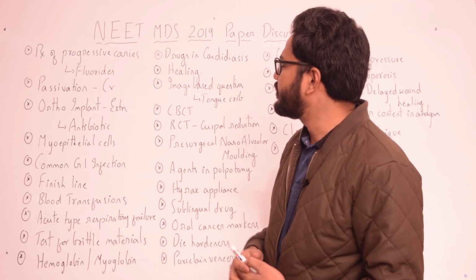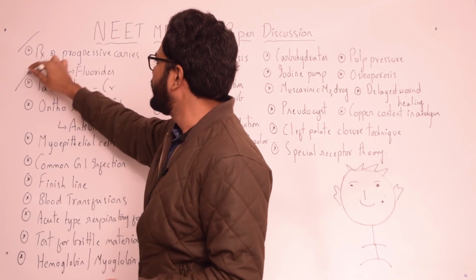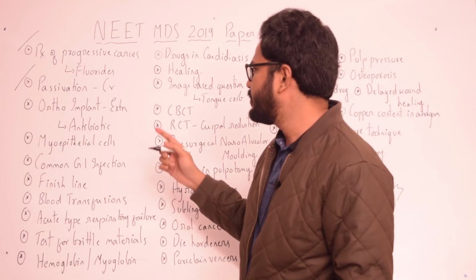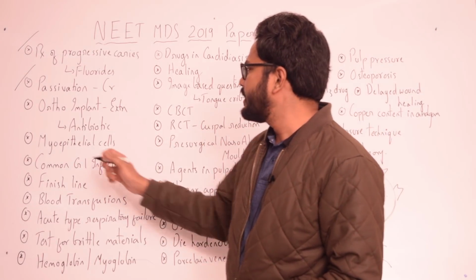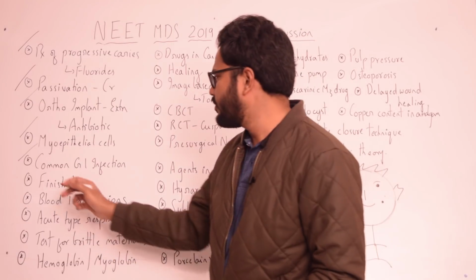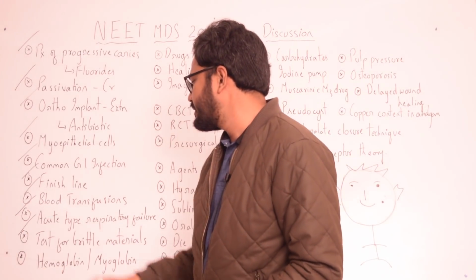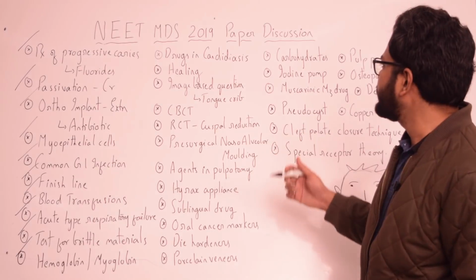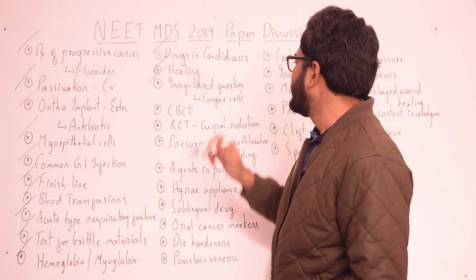The remaining topics, apart from those which we discussed so far: treatment of progressive caries, types of fluorides, passivation, which metal is used for passivation, and antibiotic prophylaxis. If the patient has an orthodontic implant and you're planning for extraction, which antibiotic would you prefer? Myoepithelial cells, location of myoepithelial cells, common gastrointestinal infection, finish line. We have questions on finish line, blood transfusions, acute type respiratory failure, test for brittle materials, various properties in dental materials. Also questions on hemoglobin, myoglobin, drugs in candidiasis, oral candidiasis, healing mechanisms, image based question with tongue grip, CBCT drawbacks,